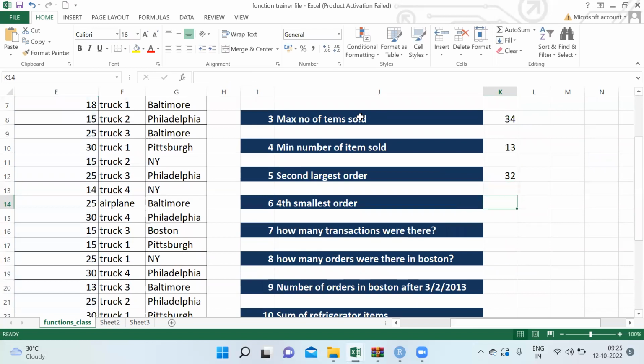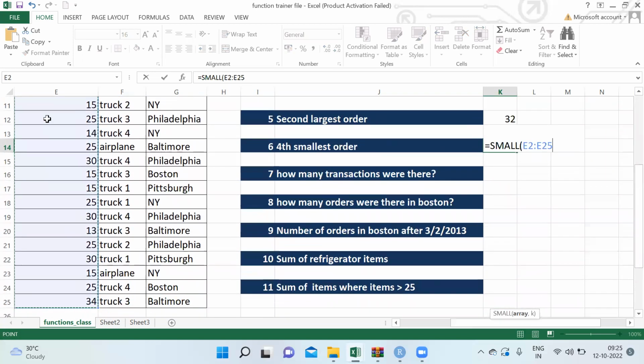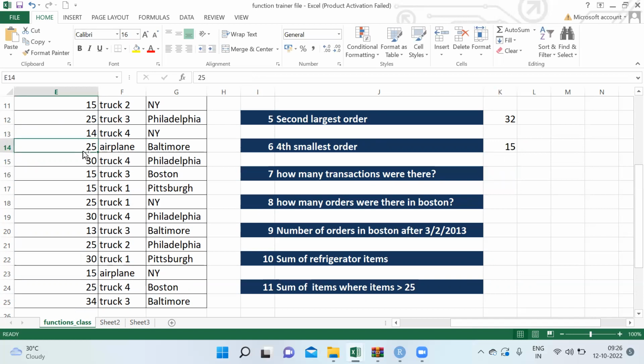Okay. Similarly, for fourth smallest order, we have the function small. So small, comma, 4. This gives me the fourth smallest order. Okay. How many transactions were there? So how many means what? Count. In total, how many transactions are there? If this is one transaction,